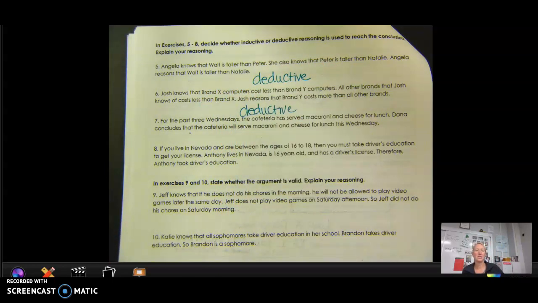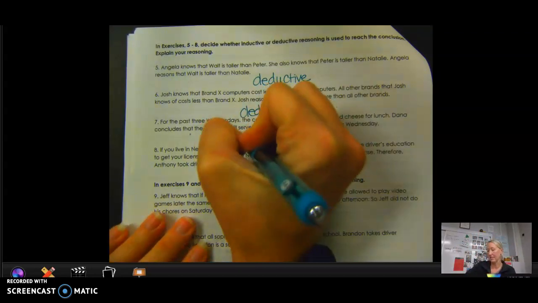For the past 3 Wednesdays, the cafeteria served mac and cheese for lunch. Dana concludes that the cafeteria will serve mac and cheese for lunch this Wednesday. It is a pattern that's happening every Wednesday. So that's a pattern, so that is inductive